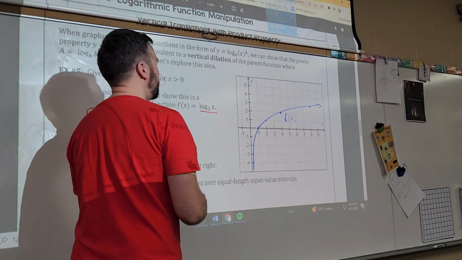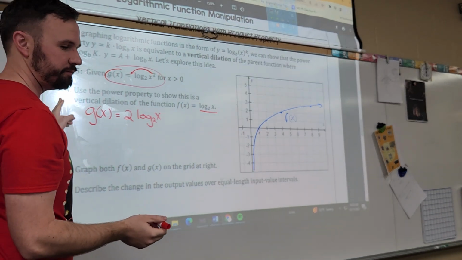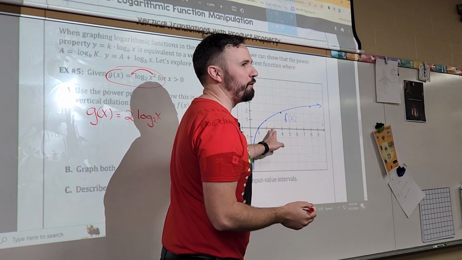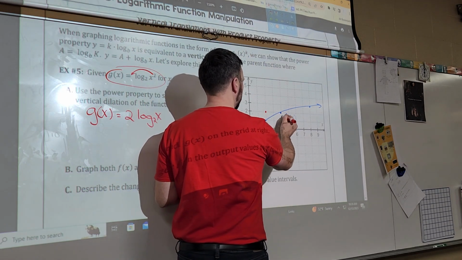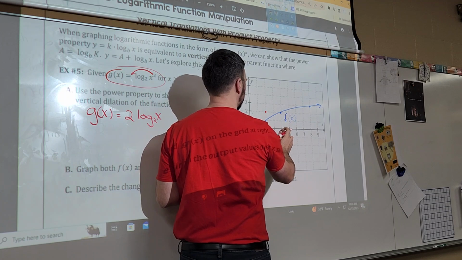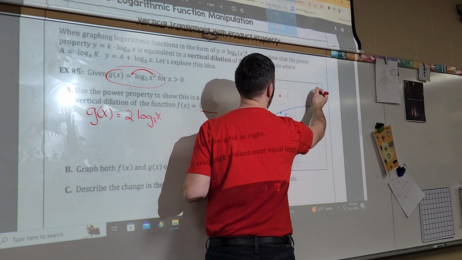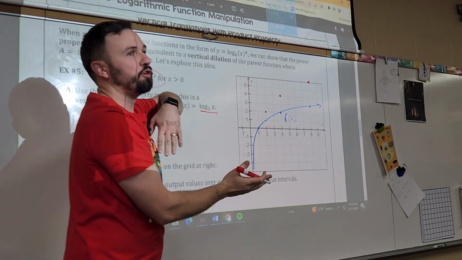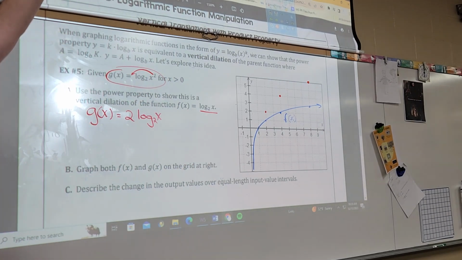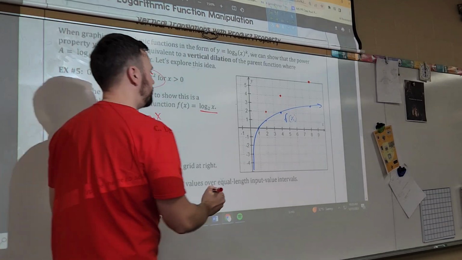All right. So that's my f of x. What's g of x going to do? Up 2. So actually, if I want to take my original, I double each of these points, right? So if this distance is 2, I go up 2. That's 3, so I go up 3. It's double the size, right? So if I have a sketch, I just double each point, right? I double each y. So when I do that,